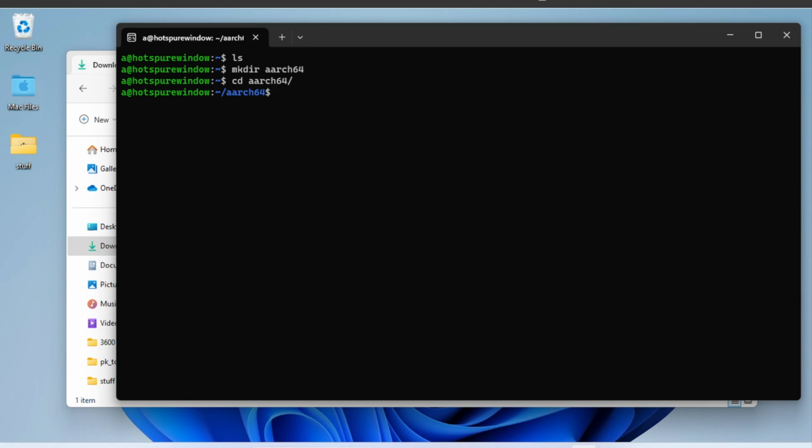If I use the pwd command to print the working directory, you'll see that I am in the WSL file system. I am at /home/a, that's my username, and it's your username if you followed my instructions, followed by AARCH64. Now, unzip. If you don't have unzip, you can install it. Let me know, but I believe you do. So unzip